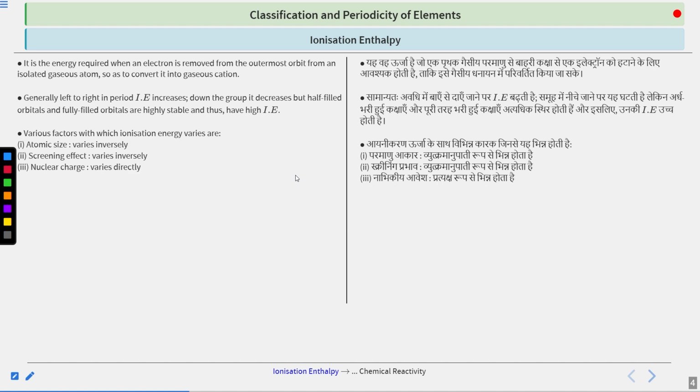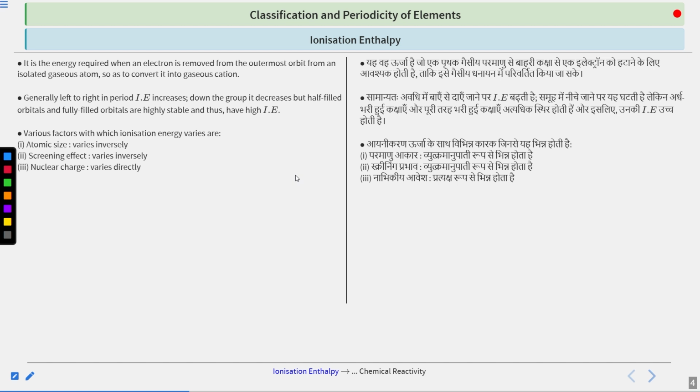Next is nuclear charge. Very obvious, nuclear charge increases, therefore the force of attraction also increases, because this is completely based upon electrostatic attractions. Now, since the charge has increased, the force of attraction is directly proportional to the product of charges, so the force has also increased. So we have to apply a greater force to remove the electron,